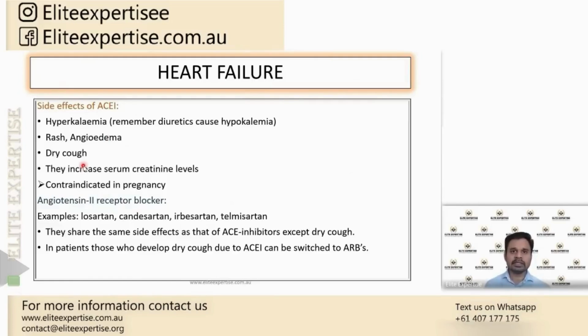So angioedema, dry cough, rash, all these side effects are due to an increase in bradykinin levels in the body. When we put the patient on ACE inhibitors, they prevent the hydrolysis or the degradation of bradykinins in the body. As a result, the bradykinin levels get increased. So due to the increase in bradykinin levels, it causes dry cough, angioedema, rash and other problems